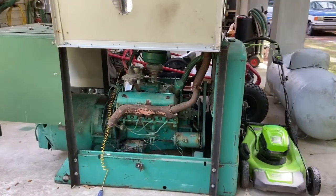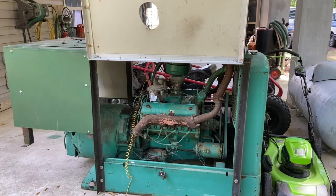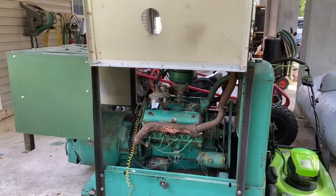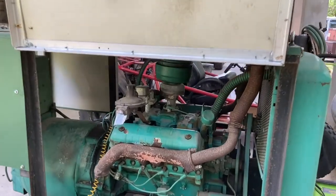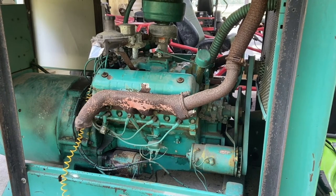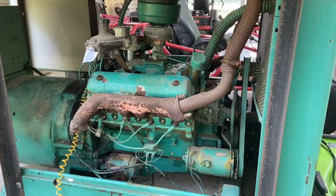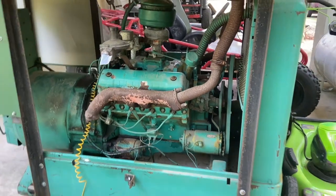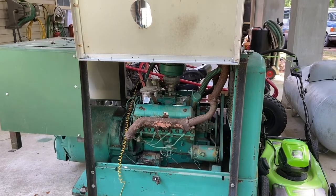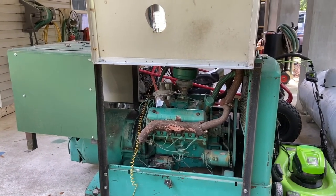That is an old Onan generator. It's got a Ford V8 in it, and I believe it's a 292 V8. Although I'm not really sure, and I don't know how you tell the difference between a 292 and a 272, but I believe this generator is somewhere around 1959, I think. I'm not real sure about that, but nobody at Ford can tell me anything about the engine,